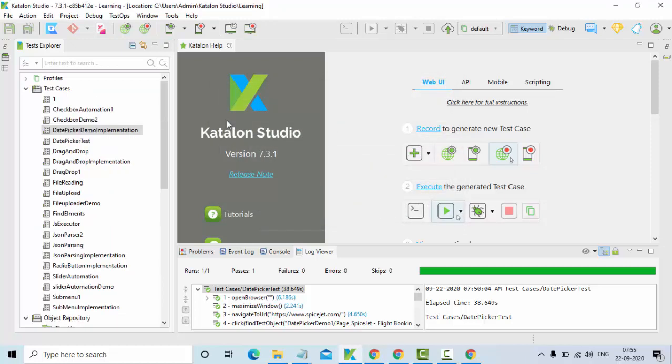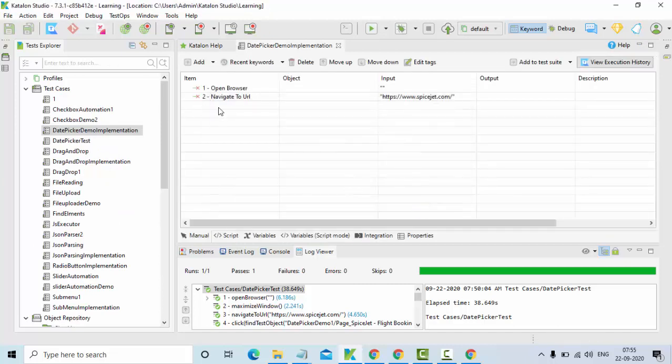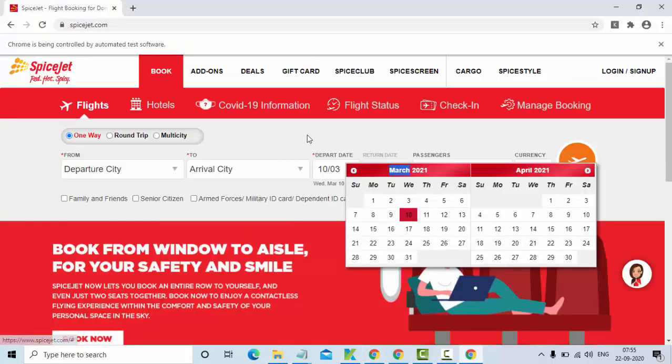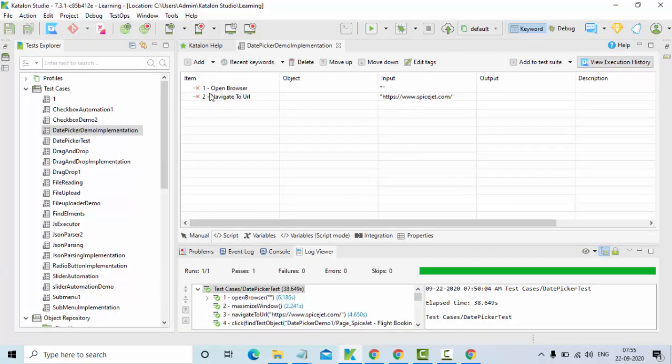It's a big name, isn't it? Now once we have it, the application is loaded like this, then I need to click on this, right? So, okay, before that I'll do maximize window.